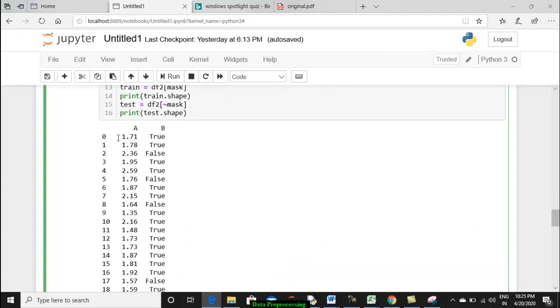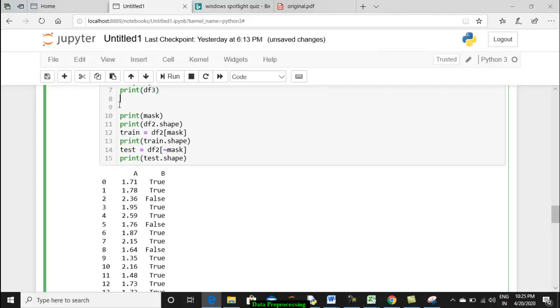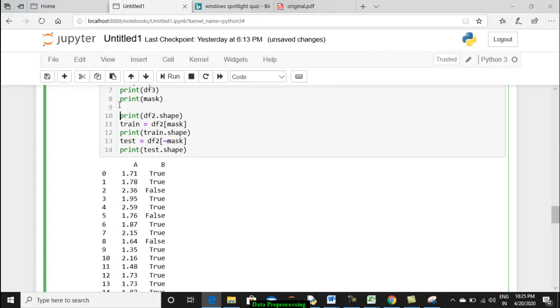So these are the values we have in the column indexed by 2, and these are the corresponding mask values. Whenever there is a true, that data will be taken for training. When there is a false, that data will be taken for testing. That's all, very simple. So we have printed that data frame. I hope it is clear.